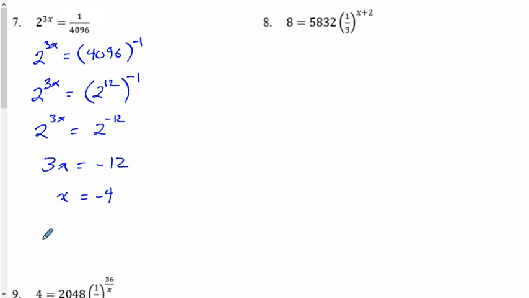As I look at these two sides, here in this power I have a 1/3, so I know I can change that to a 3 to the negative 1. So a 3 as a base is going to be useful. But then I look at this 8 and I think, oh, 3 doesn't go into 8 at all. But I do have this number in front here. And so similar to the question we did on that previous page, I need to divide out this